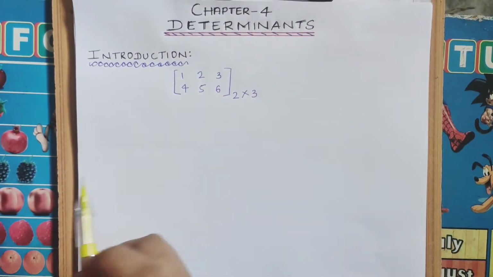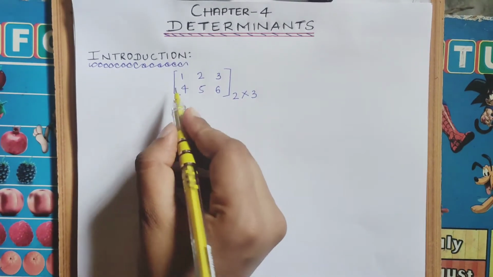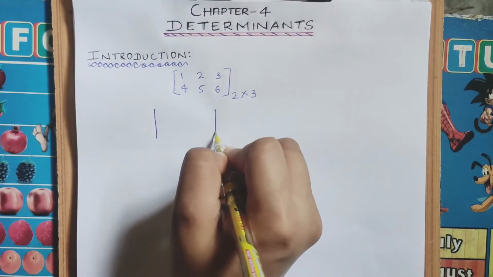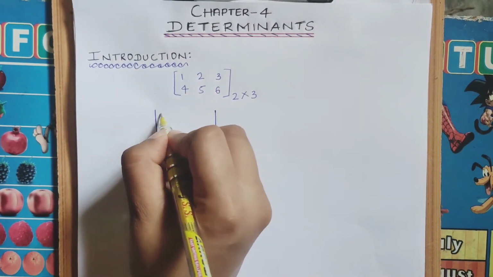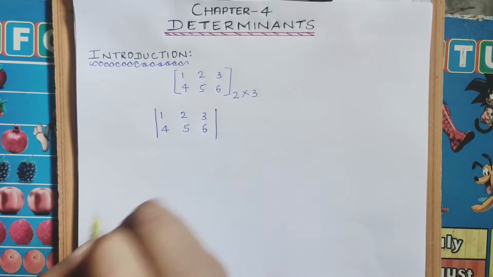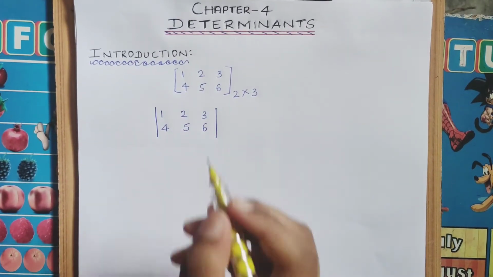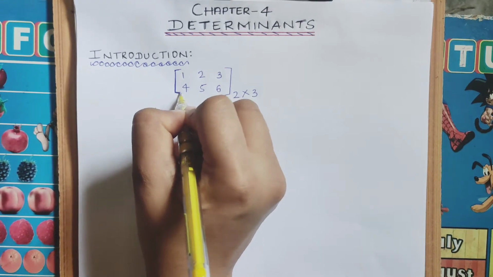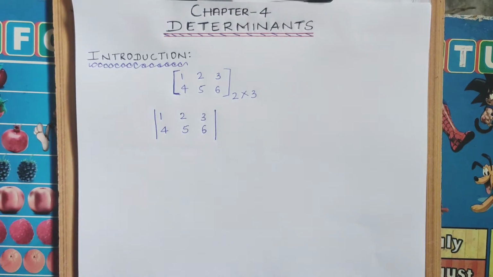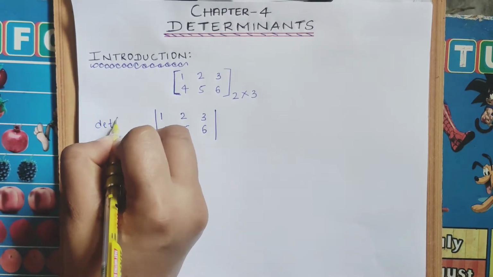Now I have to find the determinant, and there is only a slight difference. There is no big procedure you have to follow to convert. Just the thing is, this rectangular bracket gets converted into 2 straight bars, and then you write the elements 1 2 3 4 5 6. This is how you write a determinant. Your matrix is converted to a determinant just by the slight difference that your square bracket is changing to 2 straight bars,